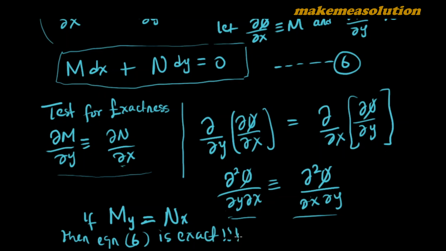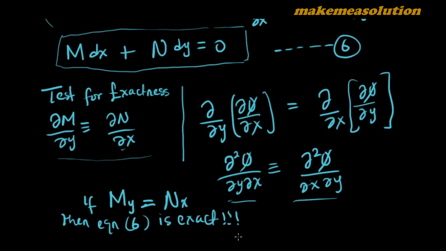Okay, so this is a brief introduction to what exact equation is all about. So you know where we are coming from when we say M and when we say N, and when we write this particular equation over here in this form, you exactly know where we are coming from. Now the key highlights I want you to take note of is equation 6, very important,